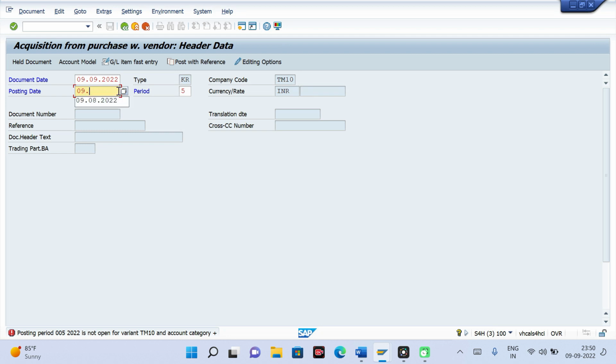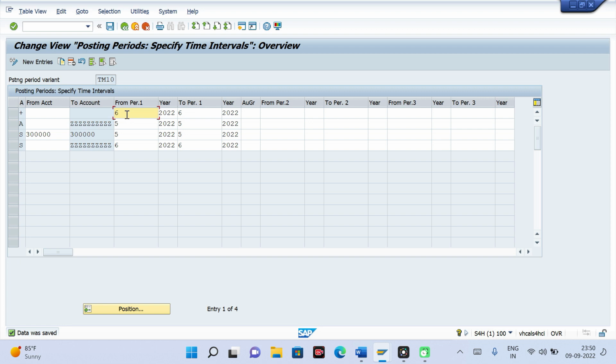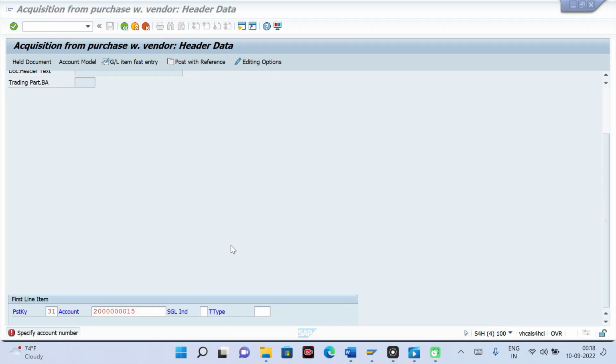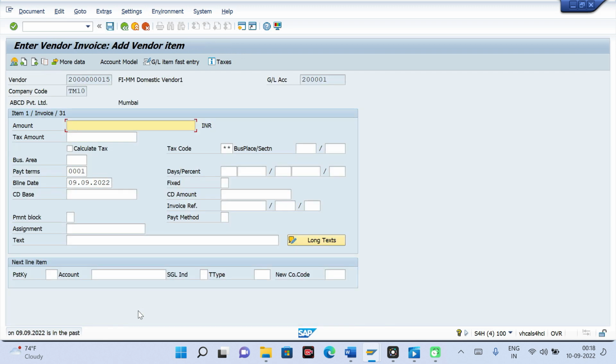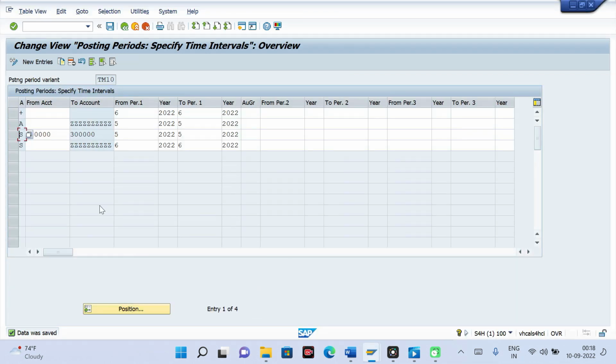So our scenario is 09/09/2022. We are in the 6th period. So 6 is open. It is not throwing error. Now it has to check at the vendor level. Hit enter. Okay, but it is not checking because at vendor level we have not maintained here.